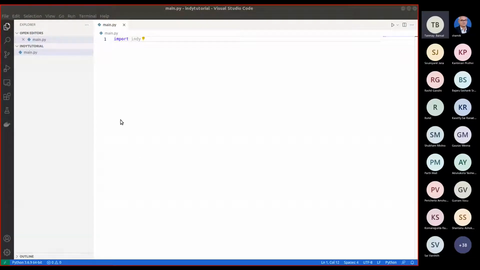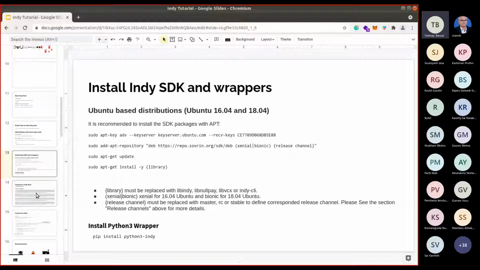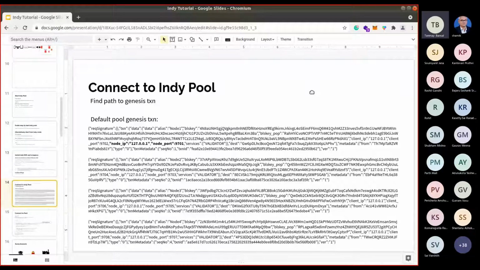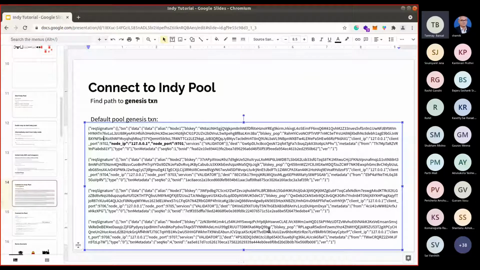So what do we want to do with this? Let us go through the first step of connecting to a pool. We want to use this SDK to connect to the INDI pool that we just started, right? To connect to a pool, we need a specific transaction called the Genesis transaction. And for INDI, the Genesis transaction looks like this. It is generally a JSON, or not exactly a JSON file, it is like a file which will have entries for each Genesis node in the INDI network.